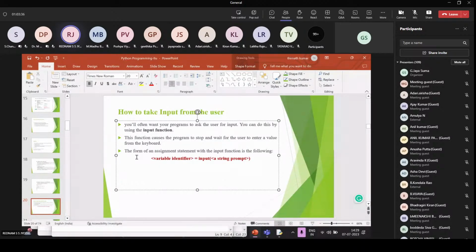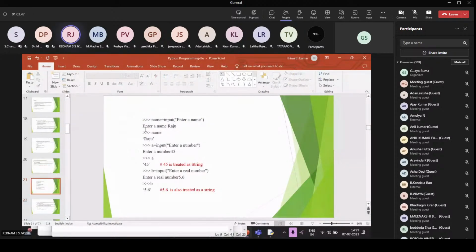The form of an assignment statement with this input function is as follows: variable equals input.